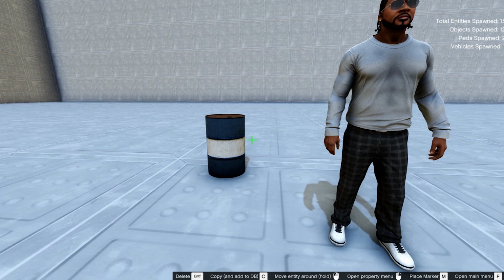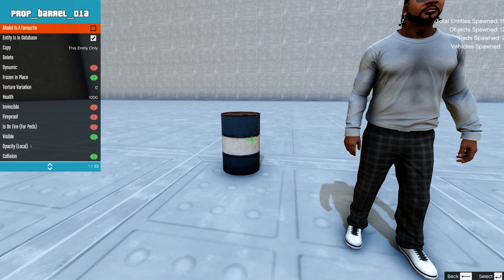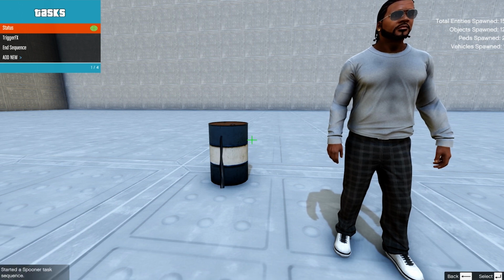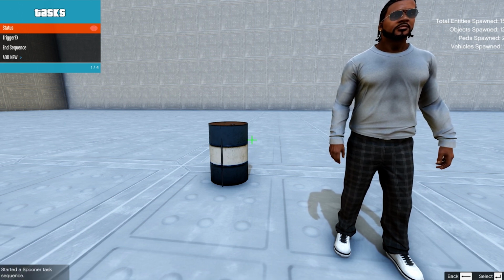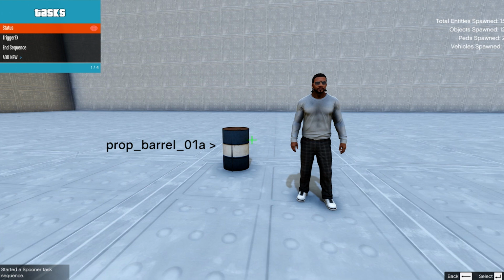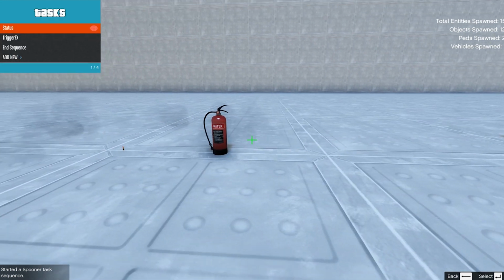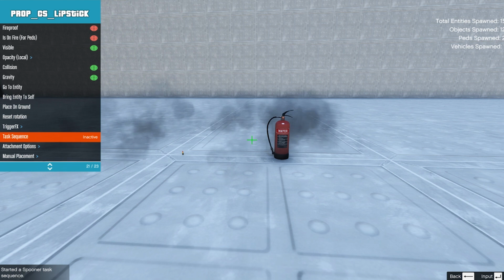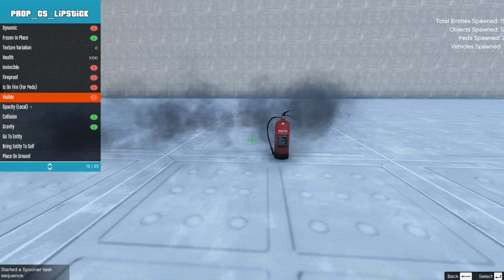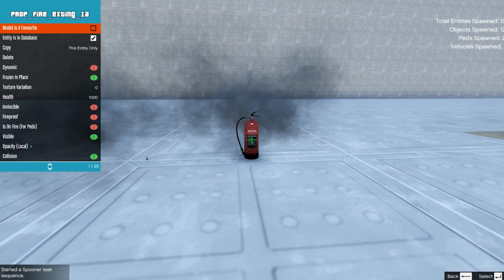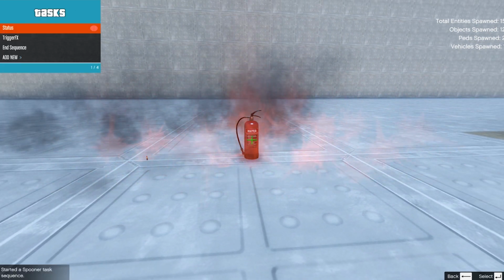Do you want a certain visible object and enhance it with an effect? For example, a barrel with an oil leak. Of course, then you have to search for and spawn that particular object you have in mind. Or do you want just the standalone effect, like a cloud of smoke or some magic alien effects? In this case, it doesn't matter which object you spawn, but I recommend a small one with easy to understand dimensions, like a lipstick, a fire extinguisher or whatever.